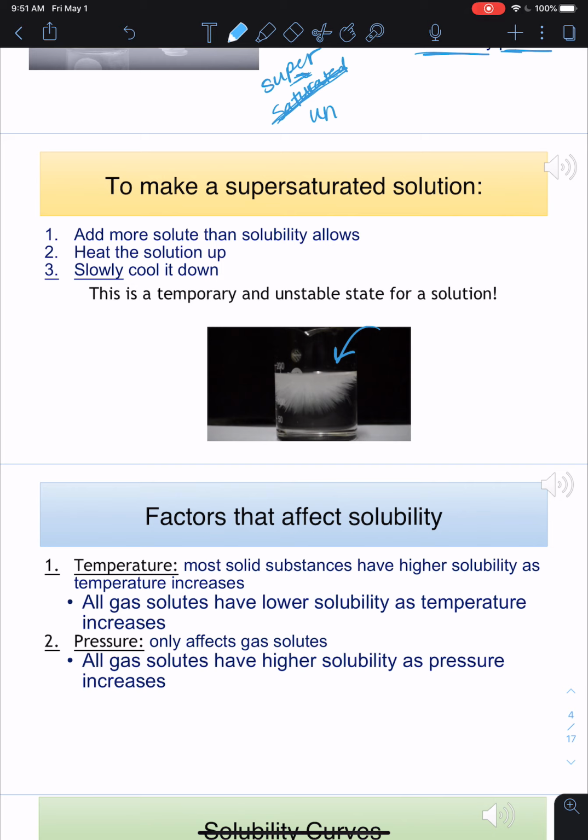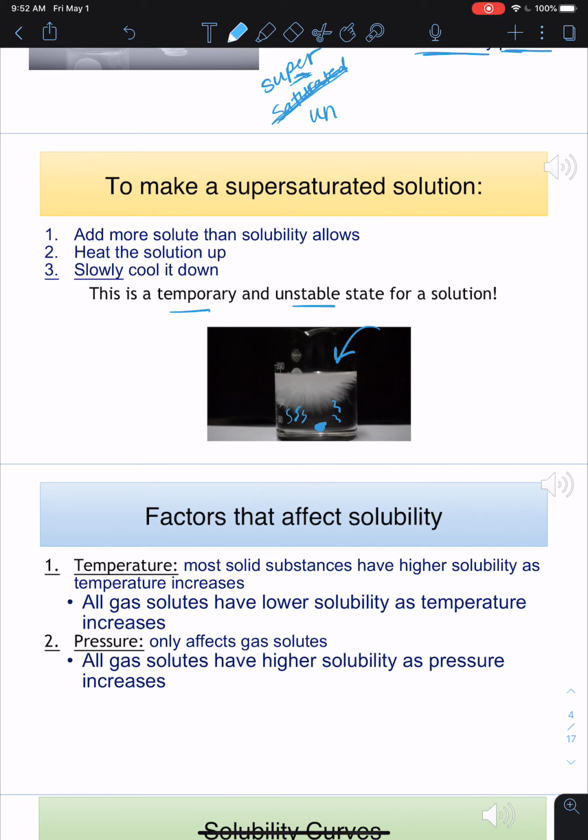And the thought there is that the solute should fall out of solution when you cool it back down, but it's temporary, and it's an unstable situation for the solution. The solute may not always fall out. It will eventually, and there are different ways that you can make the solute fall back out, but since this is temporary and unstable, there are certain ways you can put a stirring rod in, or you can scratch the bottom of the glass and you'll see that